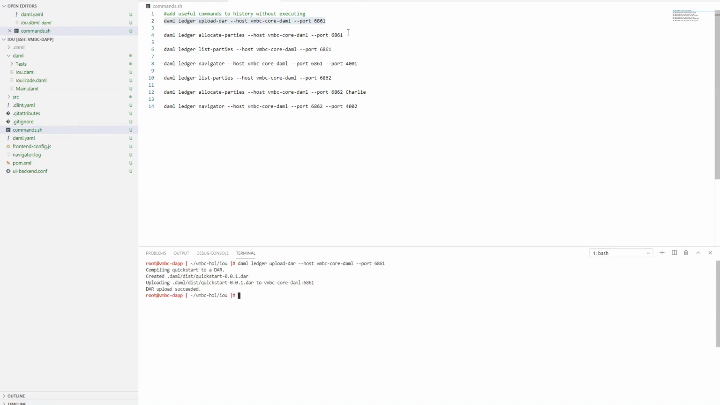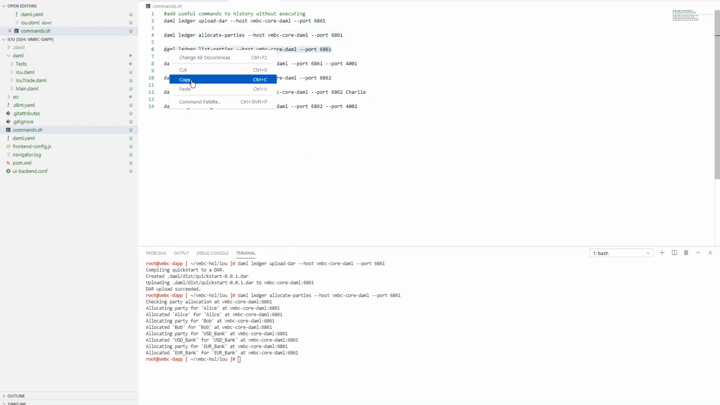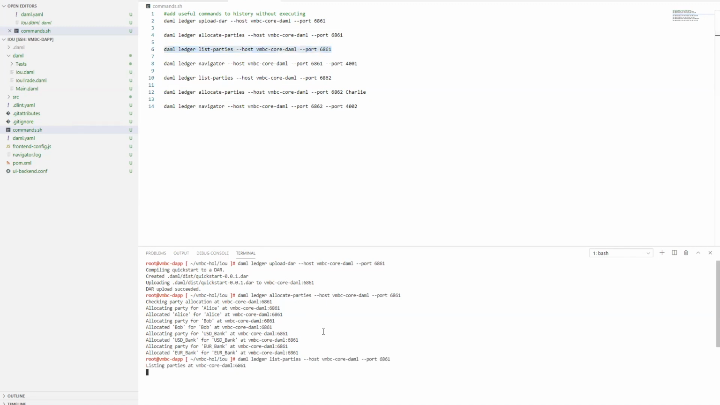Now we're going to allocate the parties that we have defined in our DAML contract. You saw we had Alice and Bob and a US dollar bank and a European bank, etc. And just to confirm, those parties have now been allocated against that first client node. So now that I have that running, what we're going to do is use